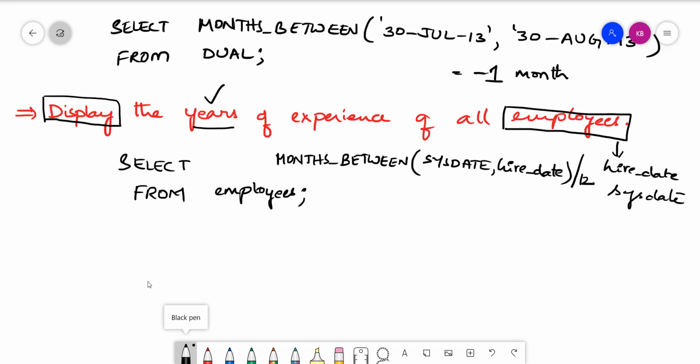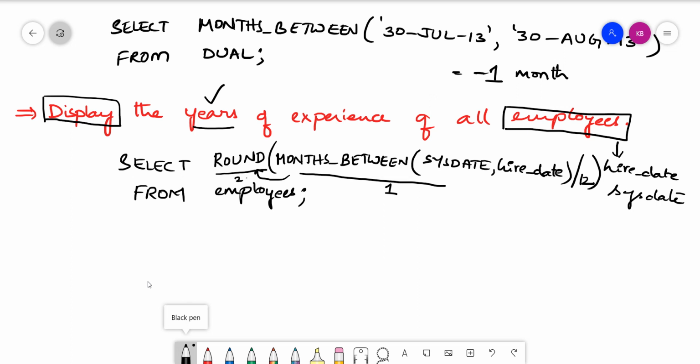There are certain situations where we may get fractional values also, so in that situation I will round this off as well, right? So you can use nesting of functions among the number functions as well as the date functions. First this function will be executed, the output is provided to round, and then this function will get executed.